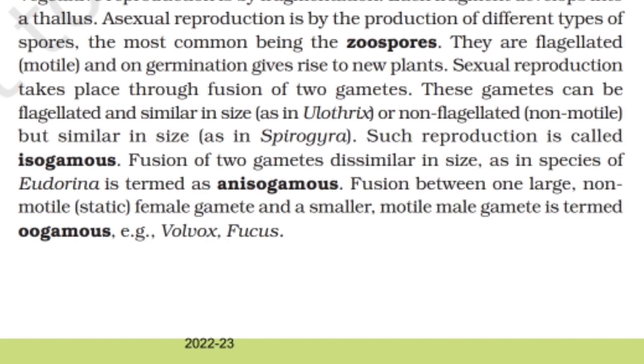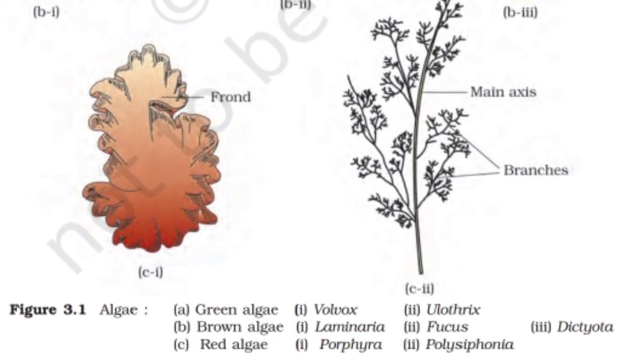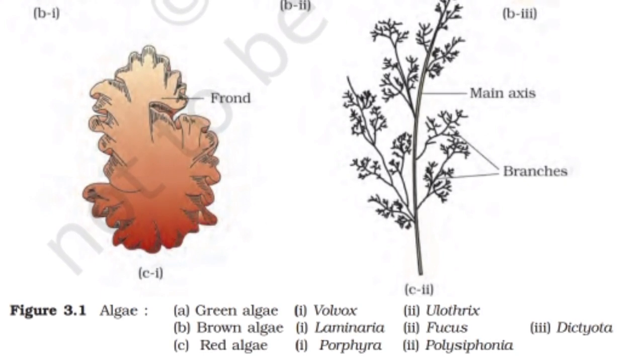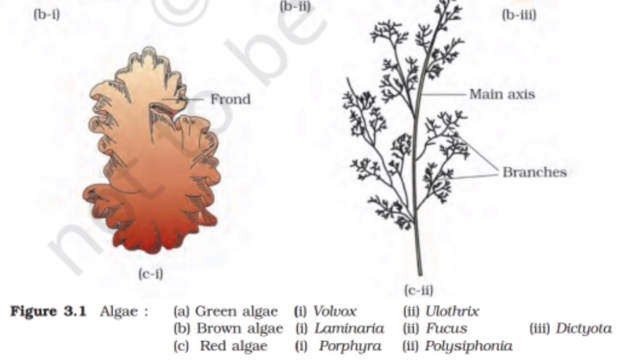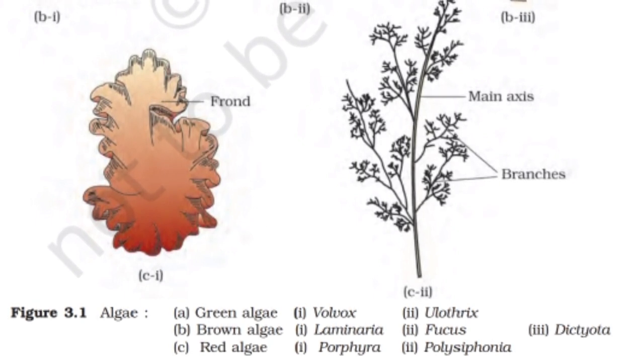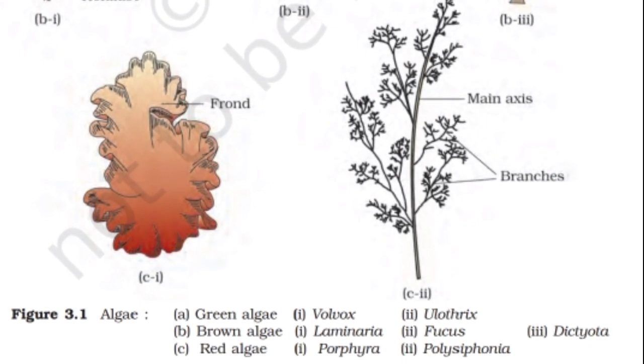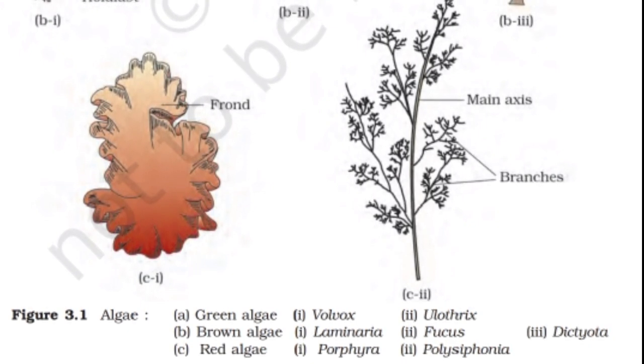Example: Volvox and Fucus. Figure 3.1 Algae. A. Green algae: first Volvox, second Ulothrix. B. Brown algae: first Laminaria, second Fucus, and third Dictyota. C. Red algae: first Porphyra,